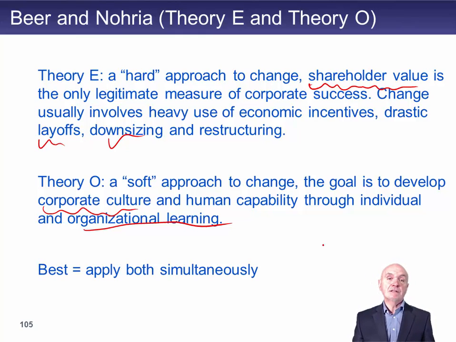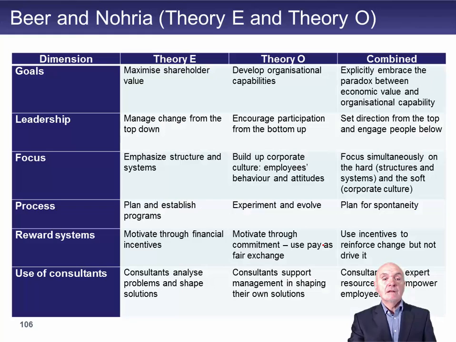It's almost getting back to the Blake and Mouton managerial grid. We had the concern for the people, which is kind of Theory O almost, and we have got concern for the results, which is really kind of Theory E. And we said that the best sort of a manager was the one who had very high concerns for both of those. And here, I won't go through all of these. We'll go through just a couple of them. They're all in your notes.